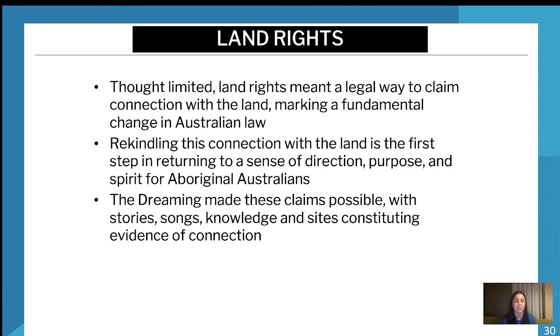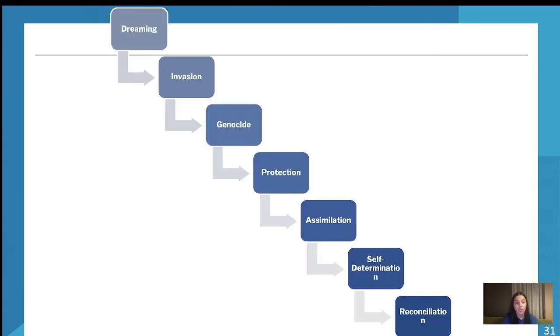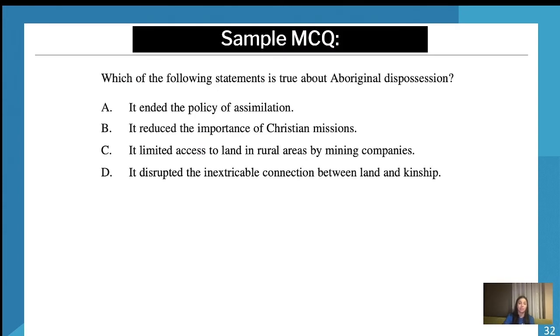So you can understand how it can be limited, and having that understanding matters, because a lot of teachers will kind of skip over it, and they'll just be like, okay, this was Vic, this was Mabo, this is what happened. But just being able to counter it and look at the limitations of it as well, you can bring that up in reconciliation as well. So I think it's a good point. So overall, when you look at it, all of them really do flow onto each other. And it's really those last two steps, self-determination and then reconciliation, which we look at in post 1945.